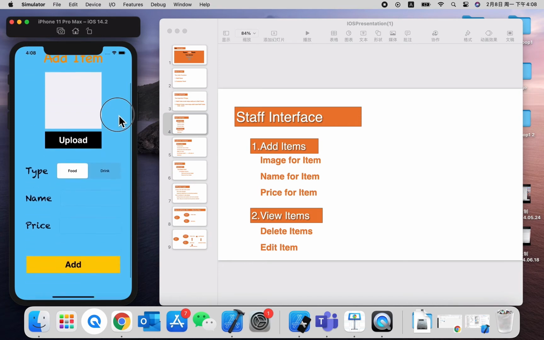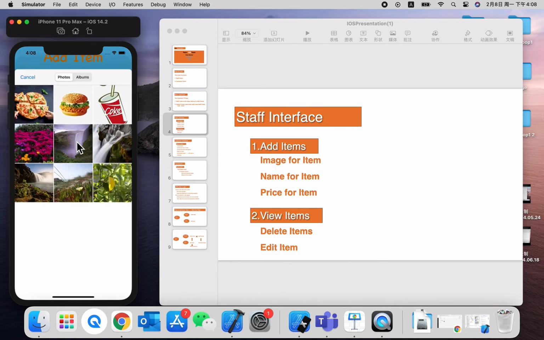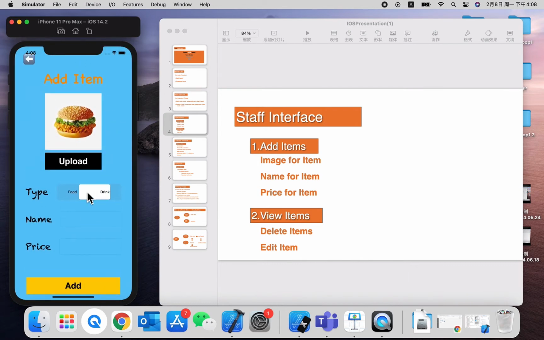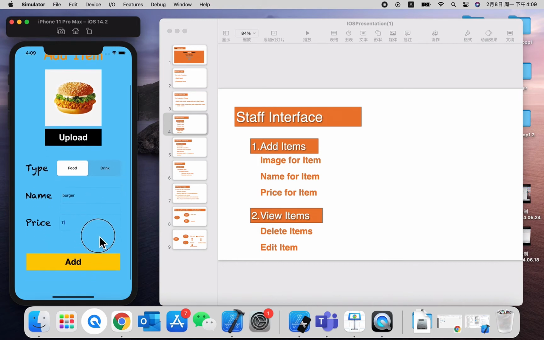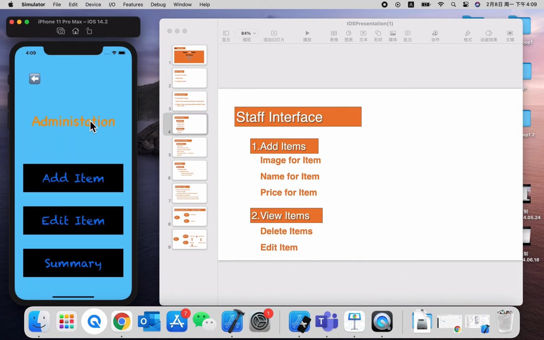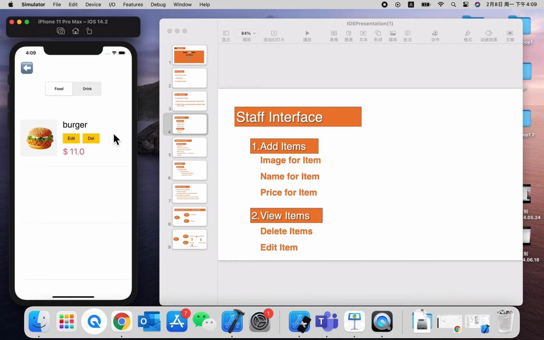In this function, we can choose the image from our photo library for this item, and we can also choose its type and type its name, just a burger here, and its price. The price is double type, so we just enter $11 here, and we scroll down and click the add button,